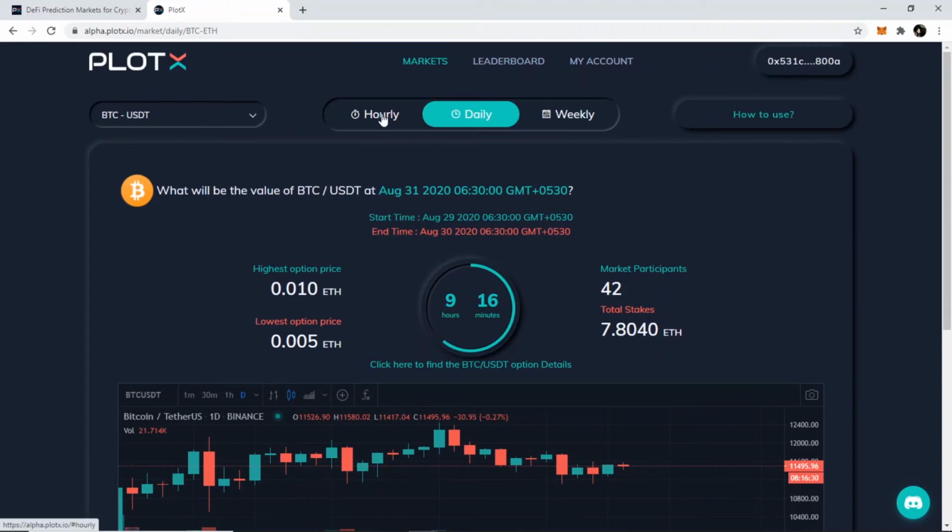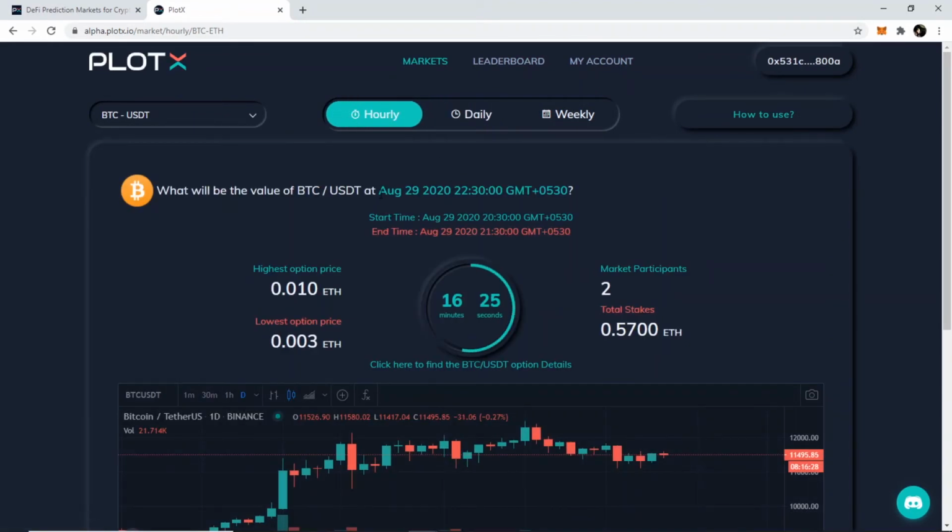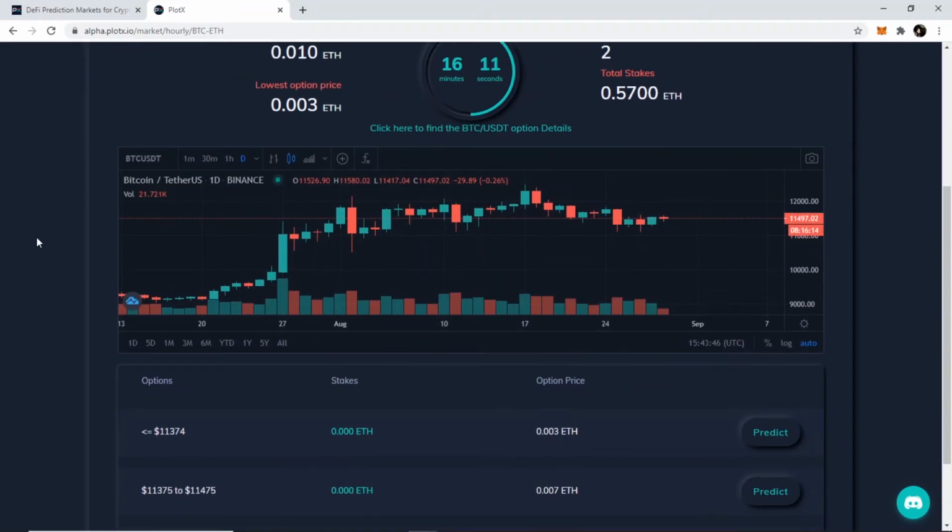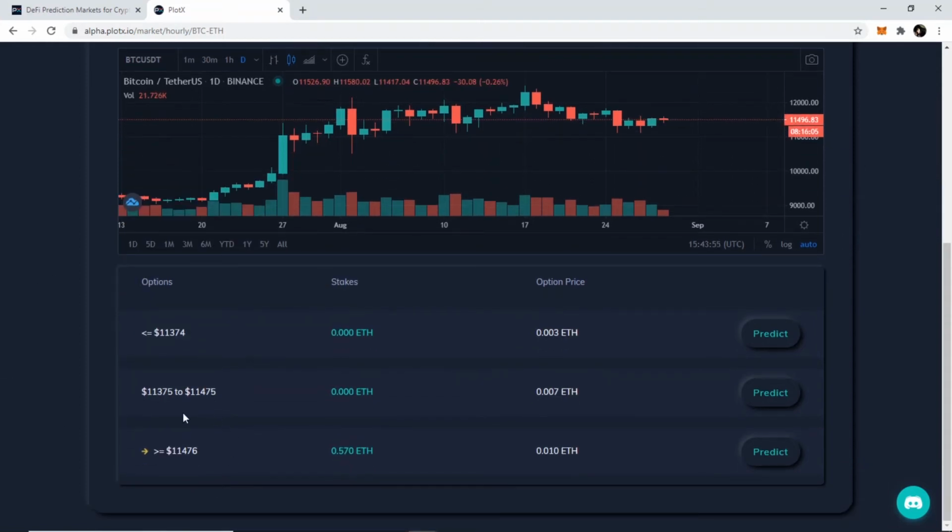Now let's say I was in an hourly market. The question of this market is, what will be the value of BTC USDT pair at August 29th, that is today, at 10:30 PM in this particular time zone, which is my time zone. Now I have 16 minutes left to make my predictions in this market. Let's say that I am super confident that the value will be somewhere around $11,500. I will see which option coincides with my prediction, and that happens to be this one, that is greater than or equal to